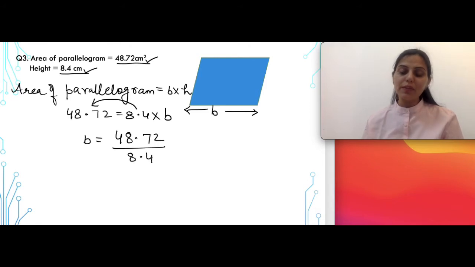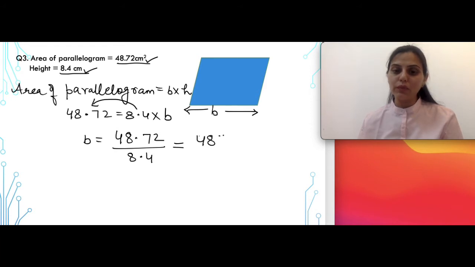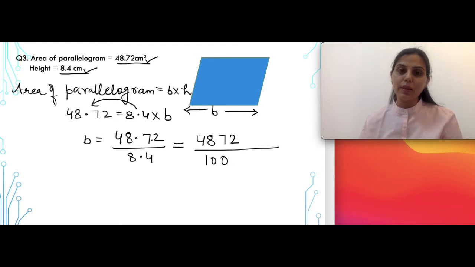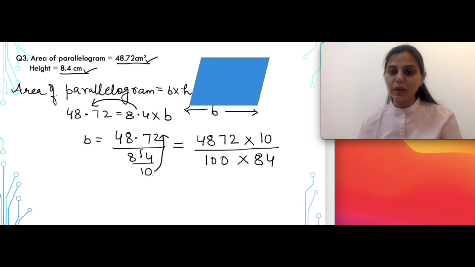Now most of the times I have seen that the students leave the answer here only because they have this fear of how to solve this kind of division. So this is a very simple step, children. Here first of all what you need to do is convert the decimal terms into fractions. So 48.72 can be written as 4872 upon 100. Why 100? Because after the decimal there are two digits. Similarly, when you remove the decimal for 8.4, you'll get 84 upon 10, and eventually this 10 will also go in the numerator. So this can be written as multiplied by 10, which we got from the denominator, and in the denominator we'll write 84.